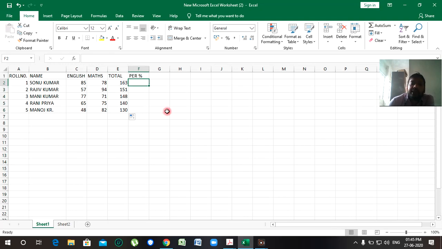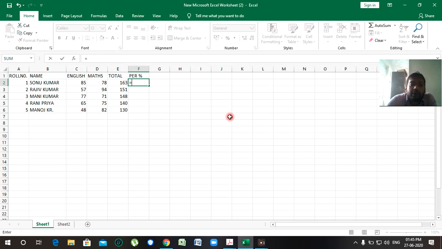In the same way, percentage, you know how to take out the percentage. If you don't know, then look here. First of all, before starting any mathematical operation, type the equal sign. After the equal sign we can perform it.